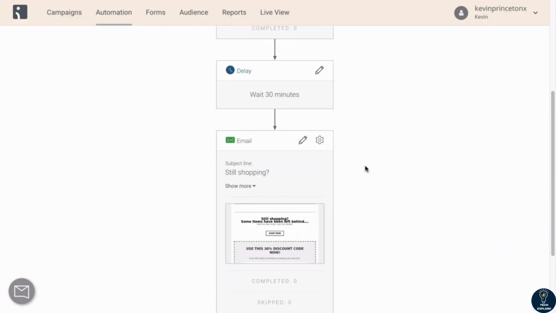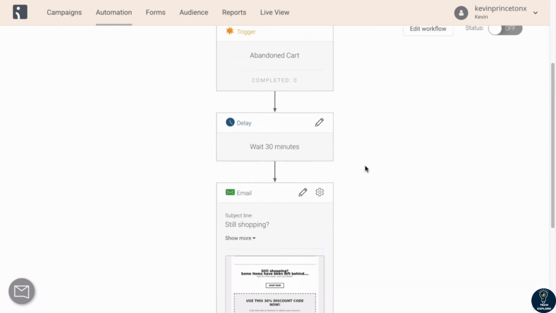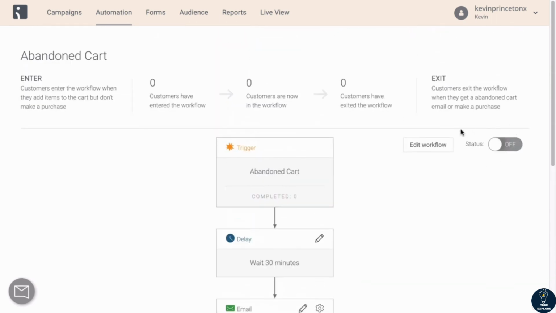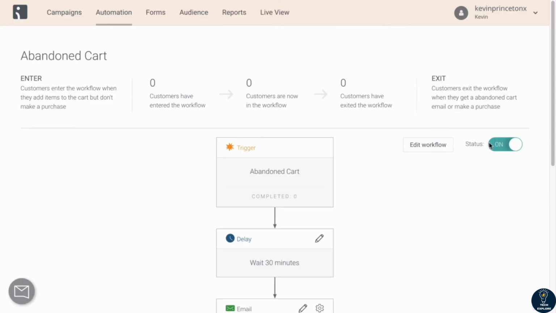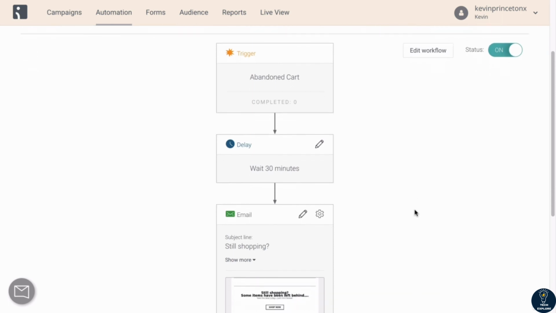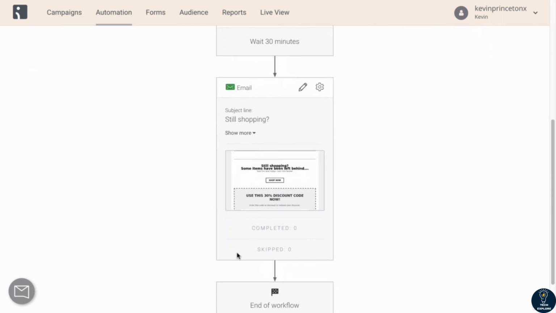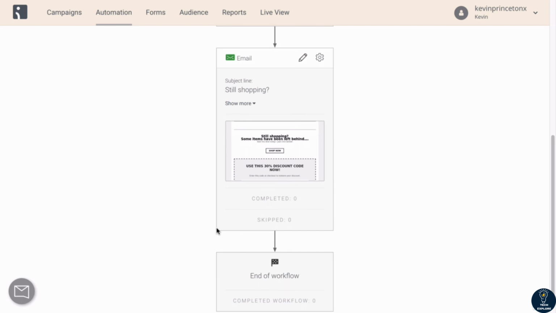And here we are. The last thing I want to point out is if you do not see this status toggle button, that means you are not completely done with setting up your workflow. That means there's some kind of error in your workflow, right? You should be able to click this and click this off if you want to, all right? If you don't have this status button, if you can't turn it on, that means there's something wrong with your workflow. And I'm assuming if there's something wrong, it's probably because you do not have an email sender address